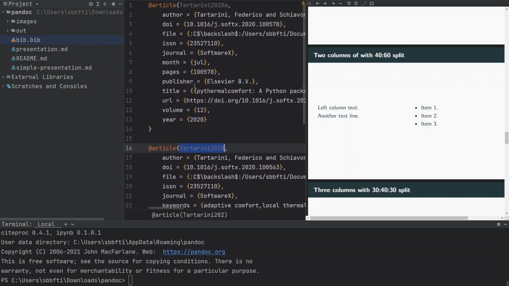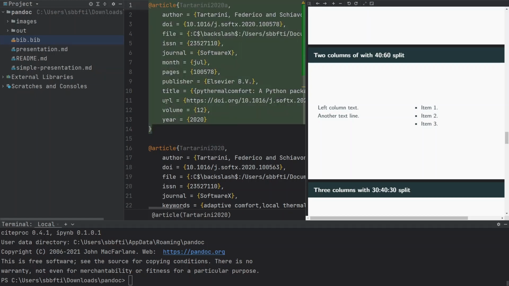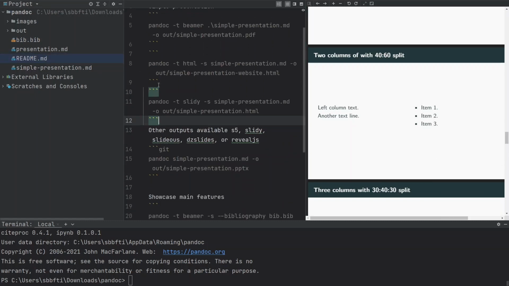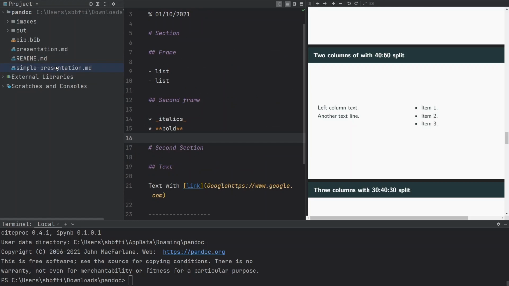So they are formatted using bib. If you want to find out more, I have a lot of videos on how to enter references in LaTeX. I will reference those if you don't understand exactly what this is, but this is just a bib entry. So this is how you cite articles in LaTeX. We have a README in which I have listed all the commands that I'm going to use in this video tutorial. And we have presentation and simple-presentation. So let's start with simple-presentation.